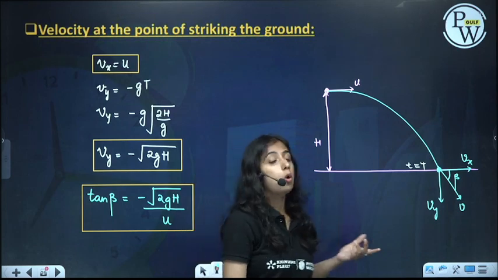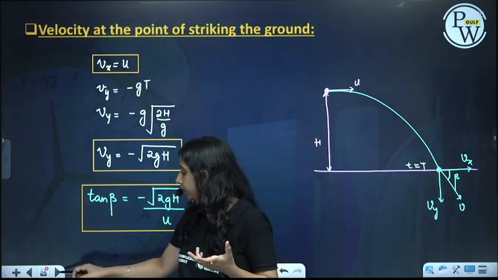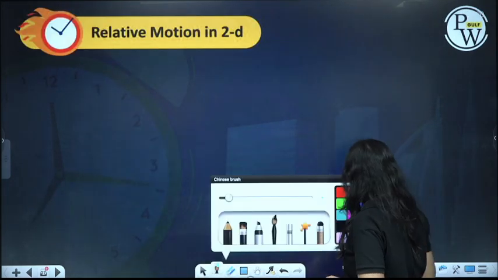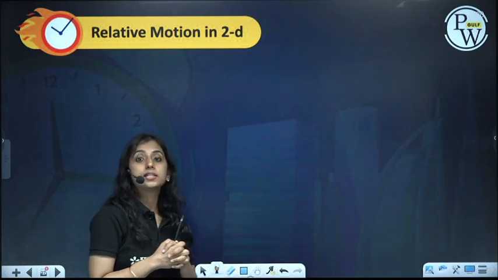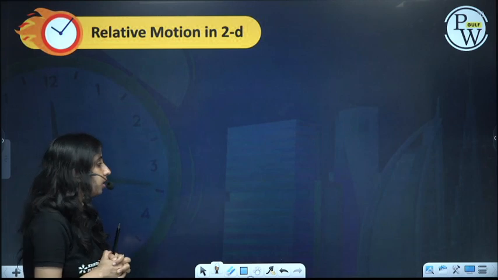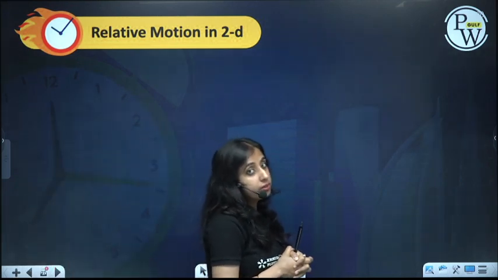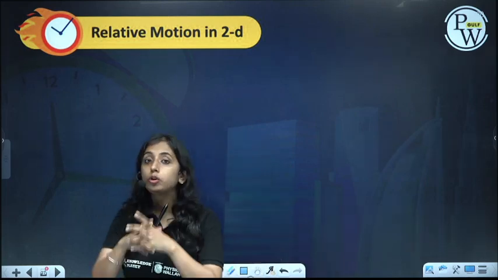So this is all about horizontal projectile and projectile motion. I hope this is clear to you. Now when we move in two dimensions, suppose we have two particles which are moving,